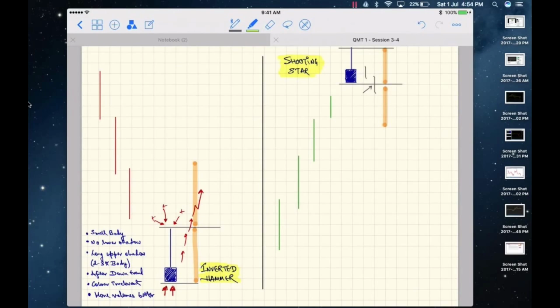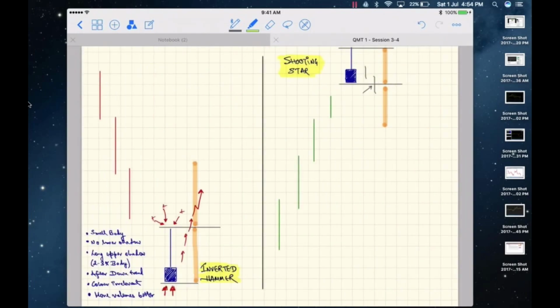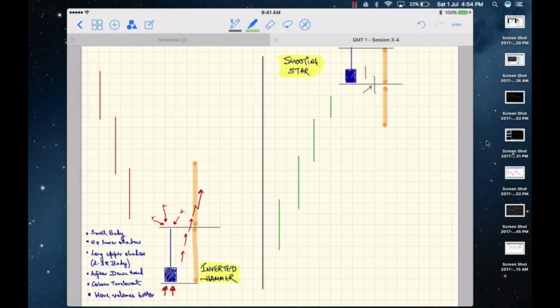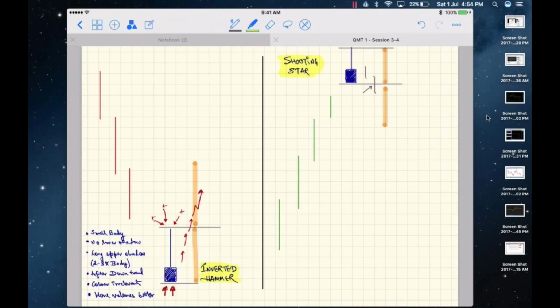Now try and understand that these four patterns, the hammer, the hanging man, the shooting star, and the inverted hammer, are all made up of one candlestick. They are made up of only just one candlestick. Now, more the merrier. Okay. Or say, for example,